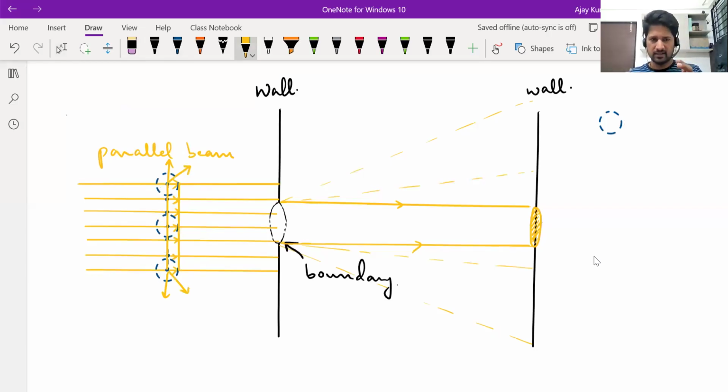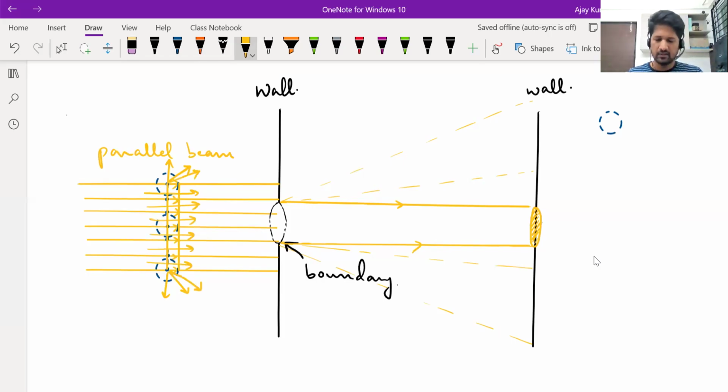The disturbance created by those particles will spread in all directions, and the disturbance created by other particles also spreads in all directions. Most of the energy continues to propagate forward this way. But there is some energy